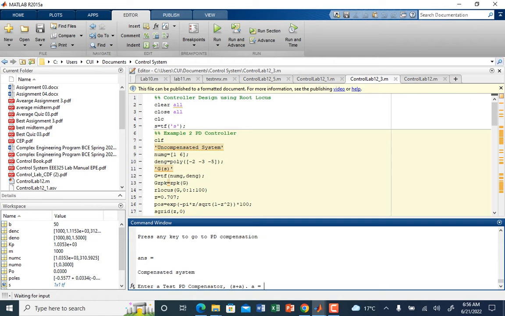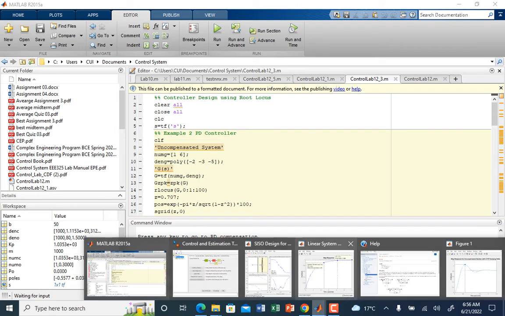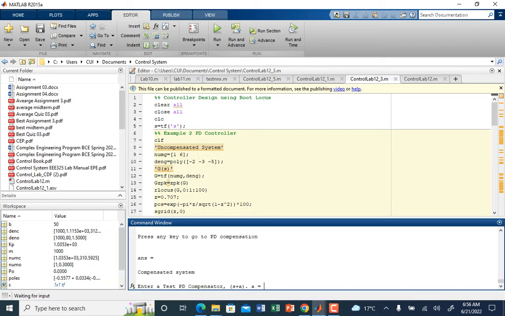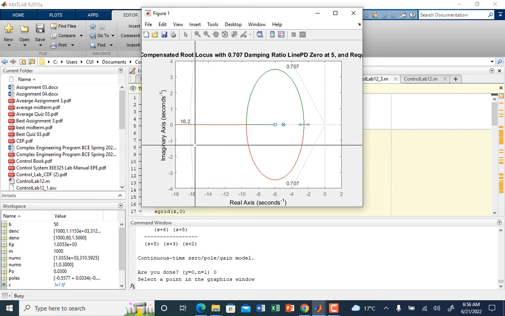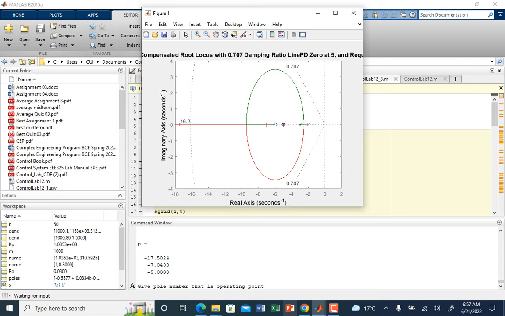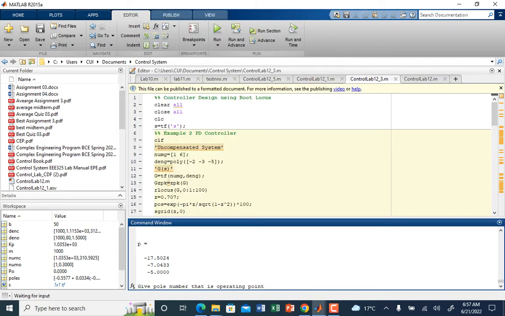I press it, then he is asking me where I want to put my zero. For that zero you have to know where to put it. For example, I say, okay, put it at 5. Then he says, if you are okay, you are done with it, because when you put it at 5, this is what you are getting. Now I say yes. But this is not a good choice because your result is not within the criterion. So if I put some value here and say I am interested in the first pole,